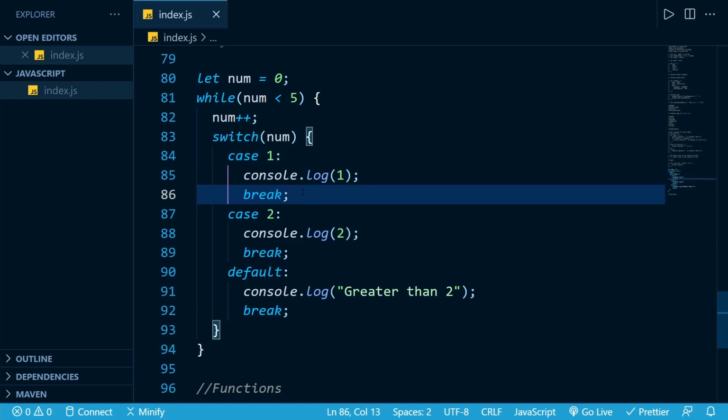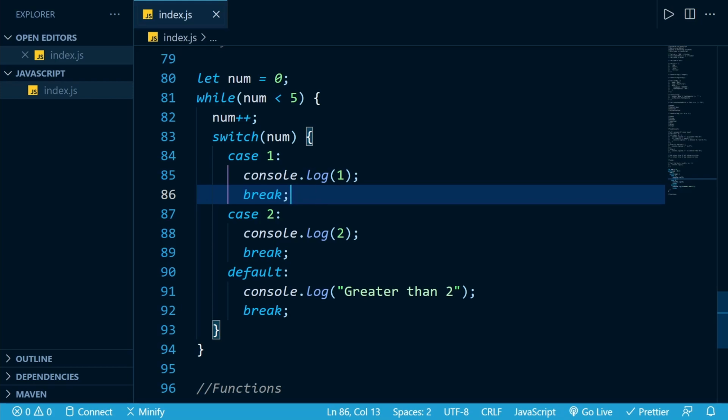When we use the break statement, it will just end the most immediate loop or switch statement, not the one above it. For example, in this particular case, it's inside of a switch statement, and it's also inside of a while loop, but it's immediately inside of the switch statement.